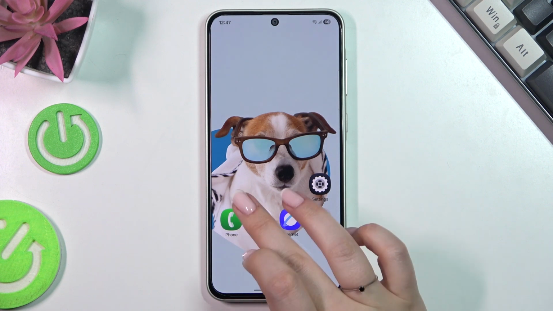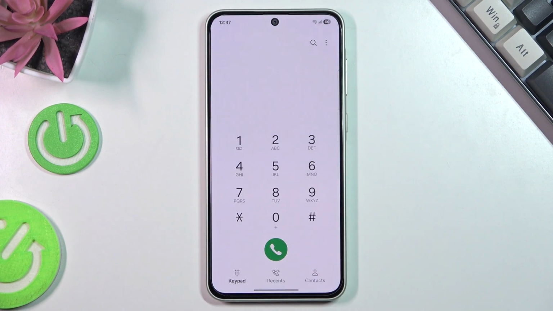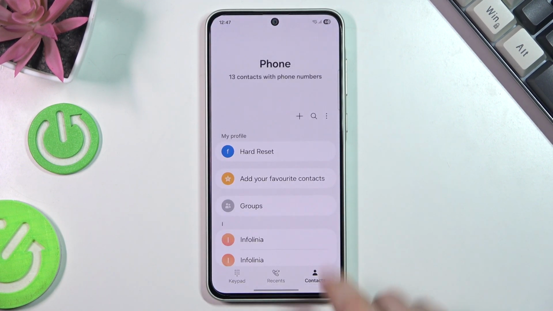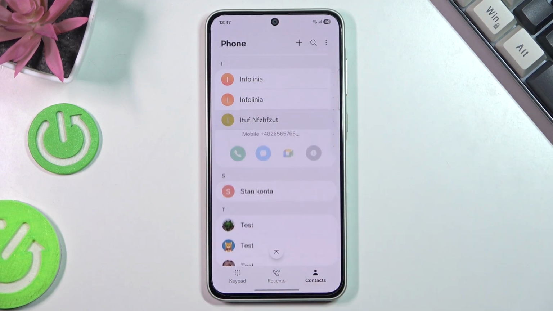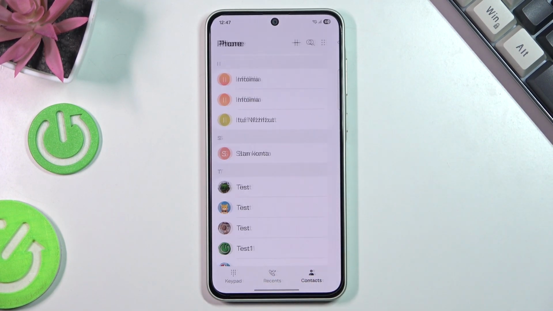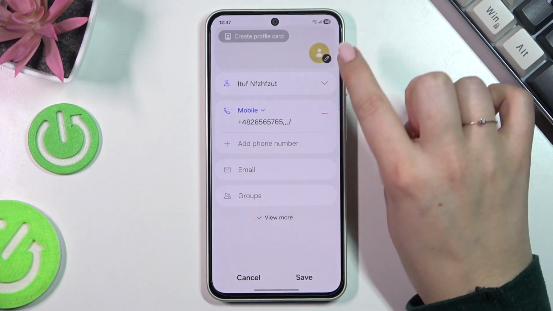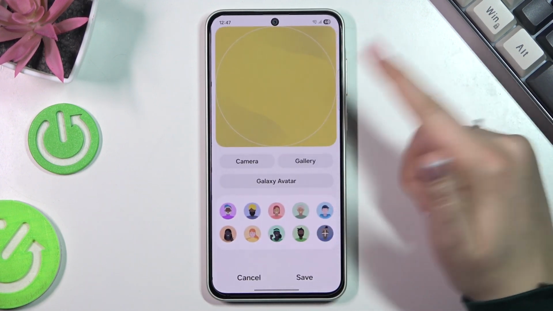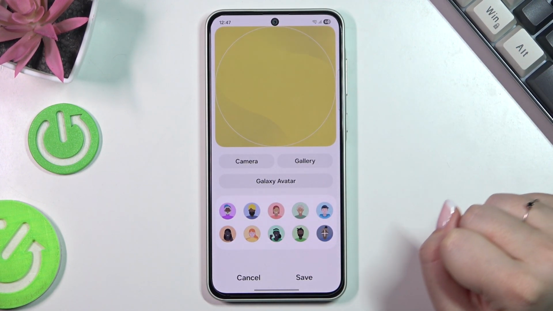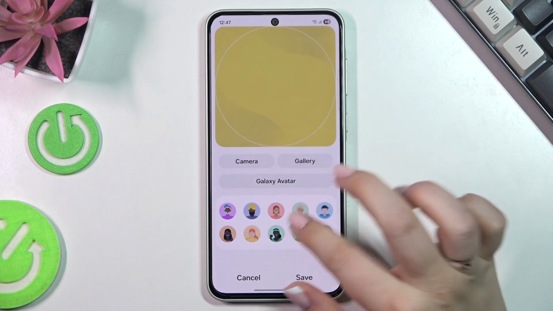So let's start with opening your contact list and finding the contact you'd like to edit and then tap on it. So for example this one. Then tap on this info icon and here tap on edit. Now let's tap on this, let's say, profile picture or this pencil icon, and here we've got different options to